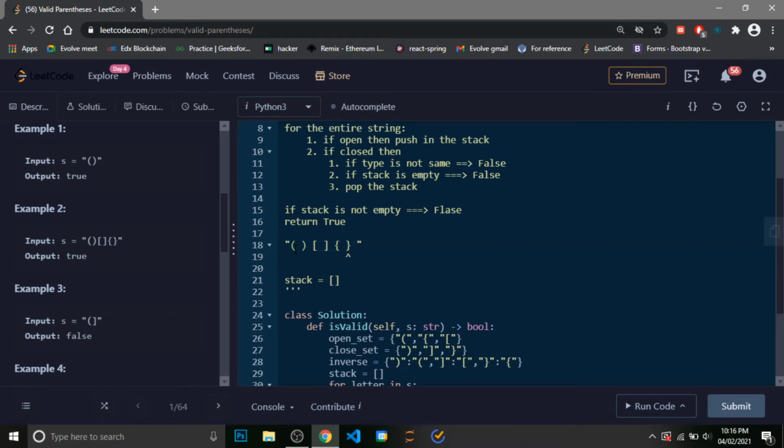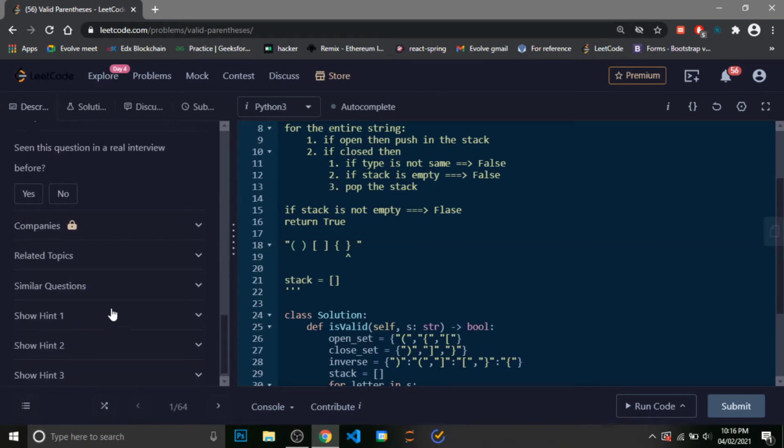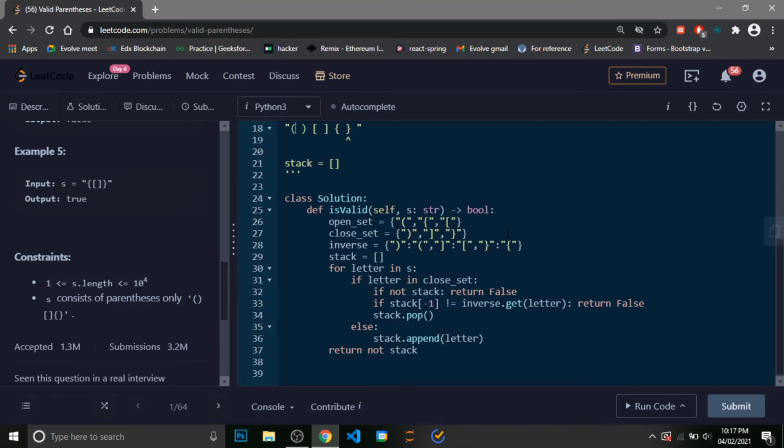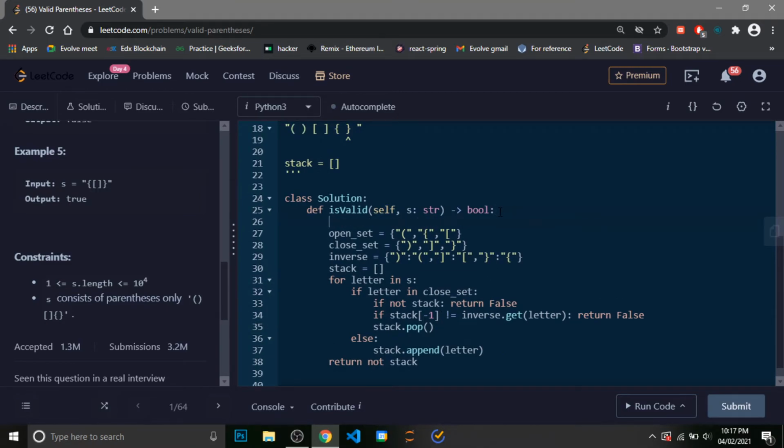the length is, let's say, 0. Length can never be 0 according to this constraint, but if the length is 1, still it's an invalid parenthesis string. So we can just check those conditions at first itself, and we can save a lot of time based on that. So what I'll do is I'll just say if